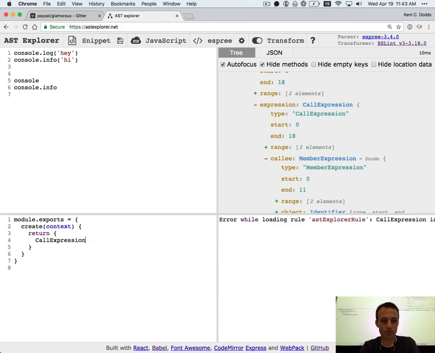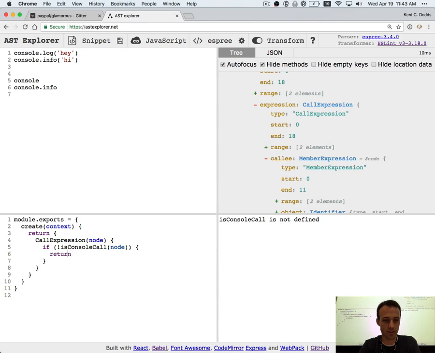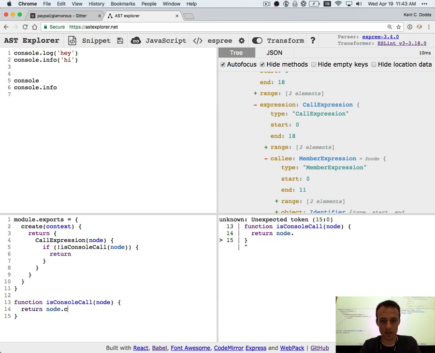Okay, but I'm looking for call expressions. I'm going to take the node and I'll say if it's not isConsoleCall, then I will return. That's right, isConsoleCall down here. It takes the node, and here I'll return the node dot type is a member expression, and